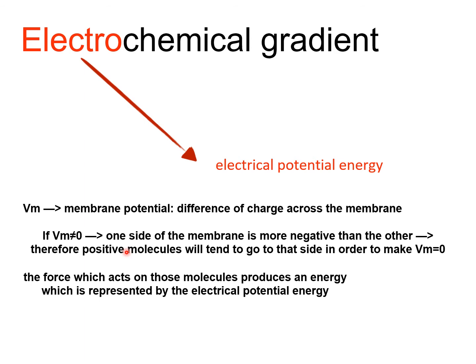And if we have, let me show you something. So this is my membrane, right? And I'm telling you the VM, the electrochemical potential, the membrane potential is not zero. So that means that there are more negative charges here. So this side is more negative because the VM shows us the difference in charge. And on that side, there are more positive charges, right? Now, if I place here a sodium,